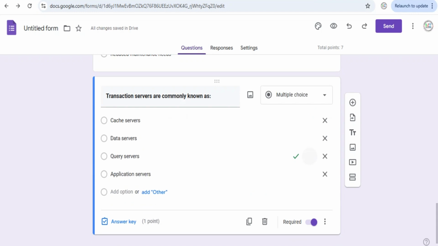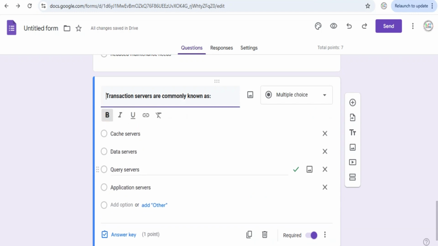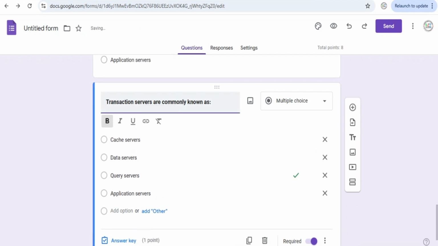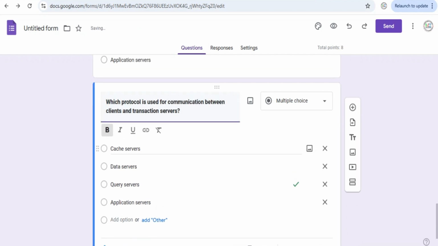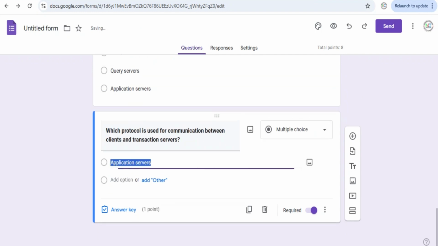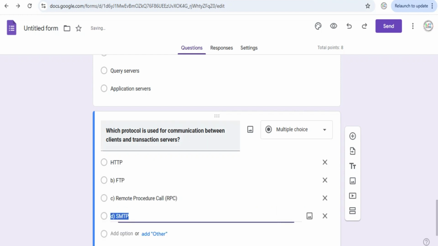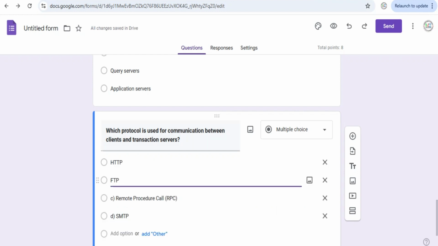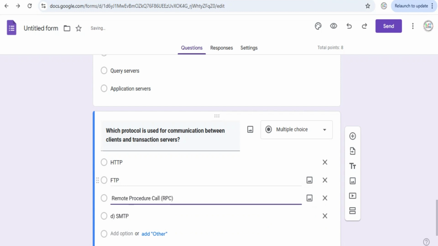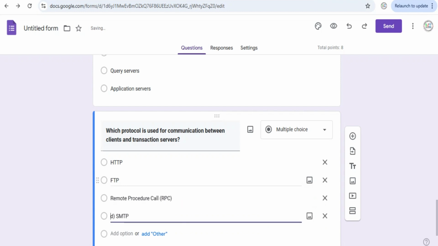Once they submit, they will be able to see their results if you enable the results show to the students. But if you did not, once they are done, you can go to the responses, look for download, and download the CSV format of the student results that will contain their matric number, their names, and all the questions they have attempted. The wrong answers are there, the correct answers are there, and the total marks earned for each student will also be available